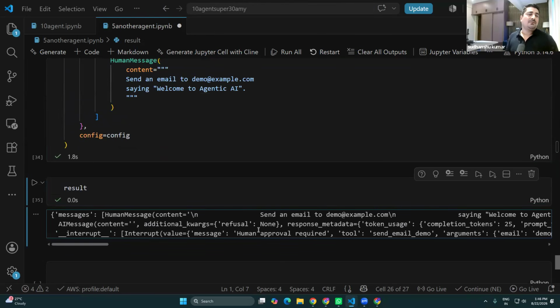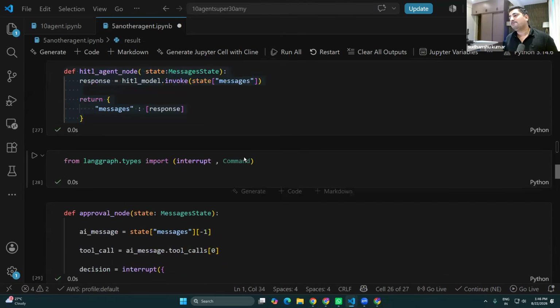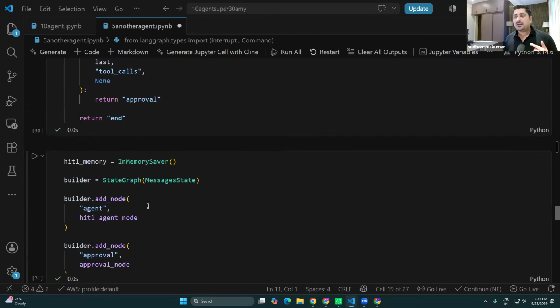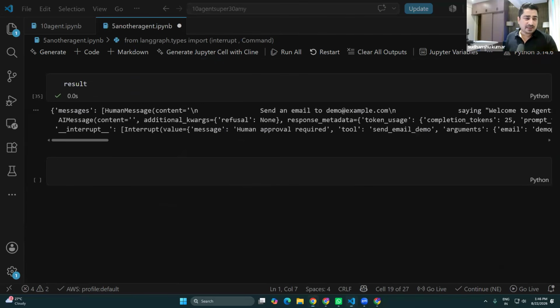So what we can do is maybe give a command. We can try to pass a command, and this is where we have done an import of this command, which we have not used. So we can pass a command. How will we be able to pass a command to this one? It's again very, very simple. So we can simply say that okay,